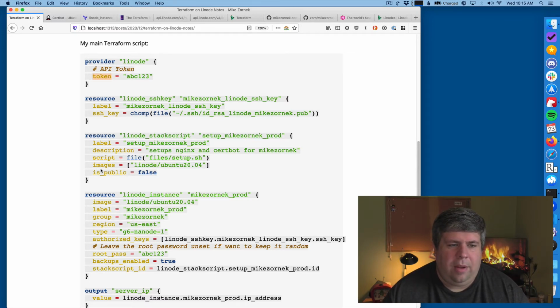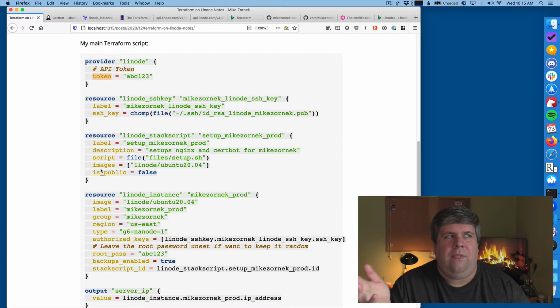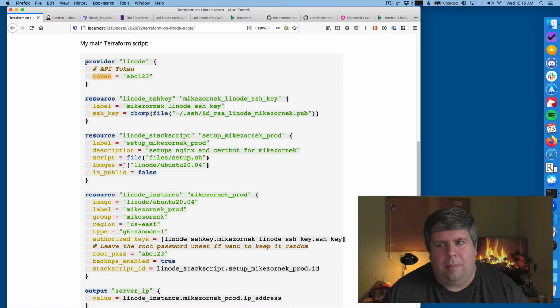Then we basically declare 3 resources, and these resources are intertwined. They relate to each other, and Terraform is smart enough to figure out where the relations are. You just declare them on a single level. Specifically, we're going to upload an SSH key, a stack script, and then we're going to do the instance itself. So the SSH key, this was, again, part of the learning experience,